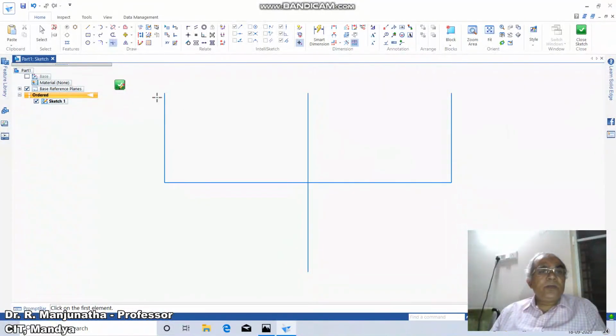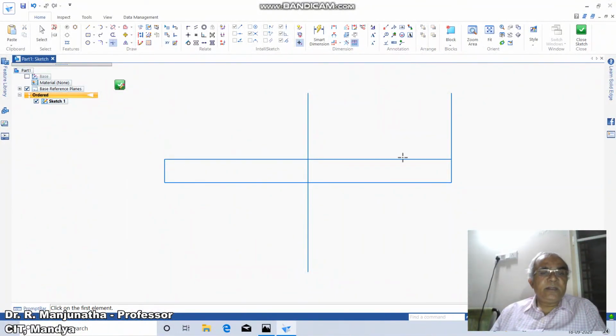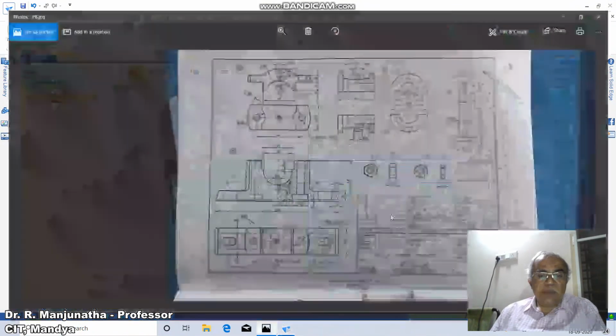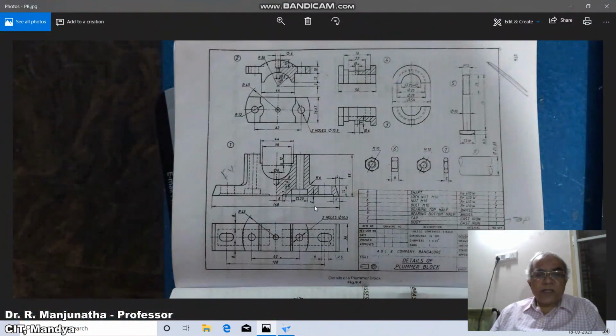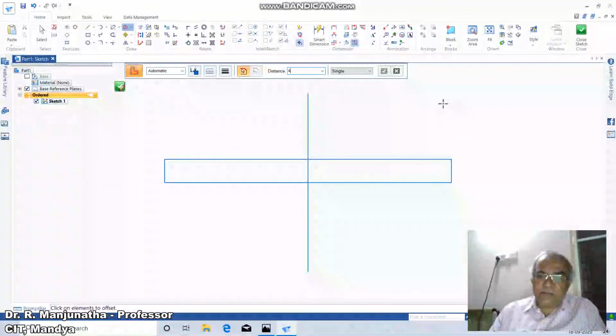Now you take Offset, the distance is 14 mm. So you take Single, you select these two, so you're going to get this. Then go to Trim Corner between this line and this line, between this line and this line. Then go to Offset, take the distance as 14. So here you can see we have taken the full rectangle, but instead I need to take this into consideration. From this point to this point, we have 4 mm in the vertical direction. So we have a vertical line. So take the distance as 4.